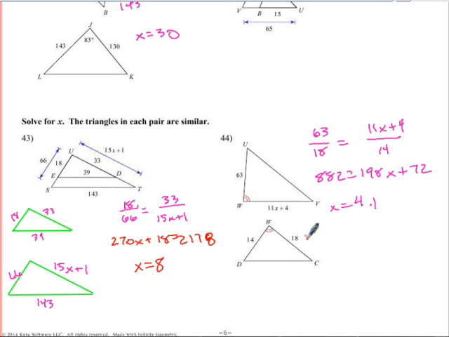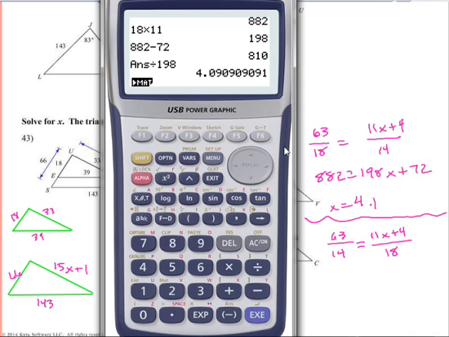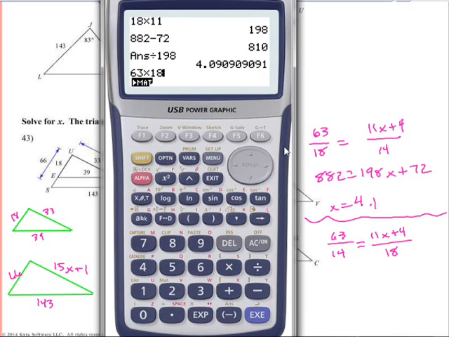I will say I'm not a fan of this question because it doesn't tell us. I'm assuming that 63 and 18 go with that because of the rotation. What I will tell you is that because there are no rounding directions here, I'm suspicious. So I'm going to do it the second way, and then on a test you would check with your teacher and say, which way do you want me to set this up? So I'm going to also do this as 63 over 14. I think the triangles could be labeled a little bit better here, and then you would know which side to set it up on. So we'll try this also and see if we get a number. This is just me being curious,